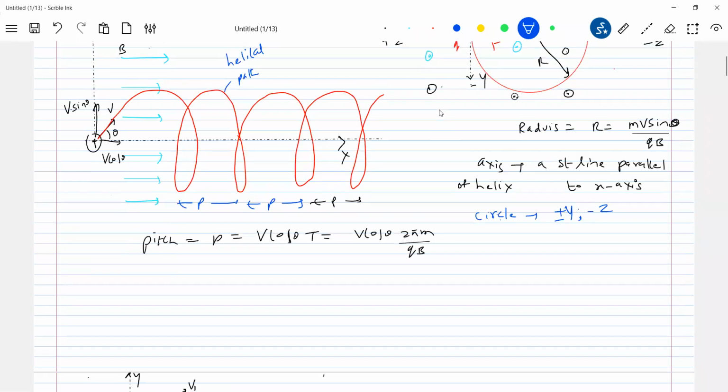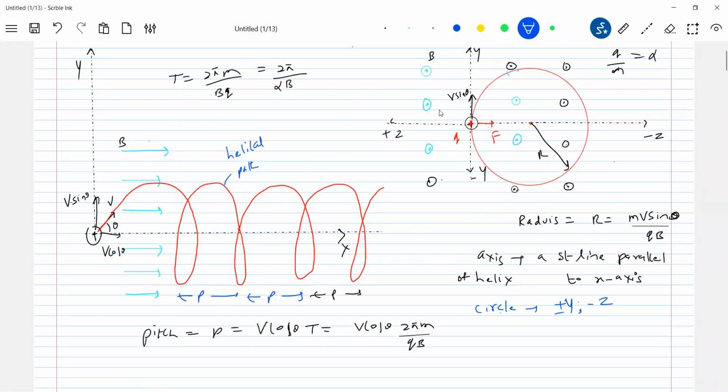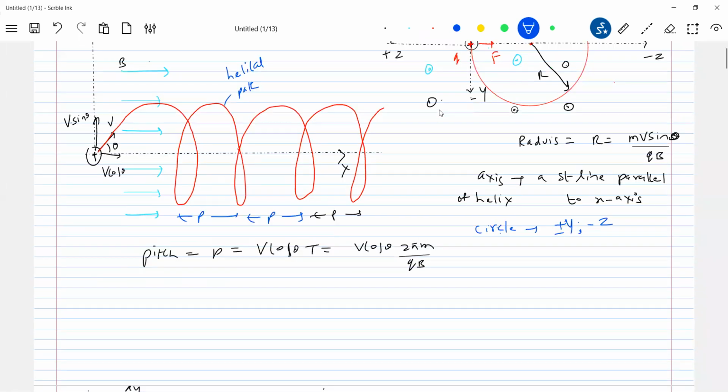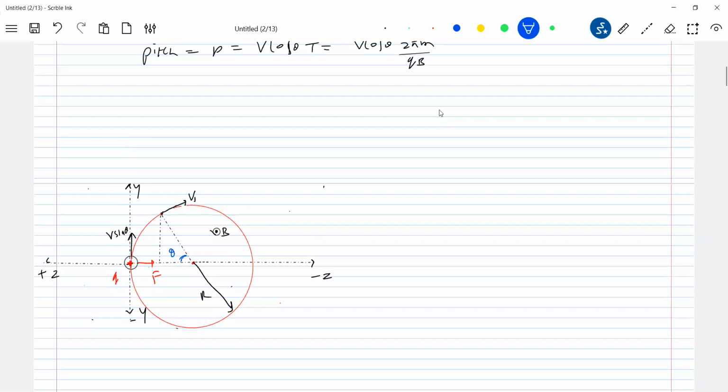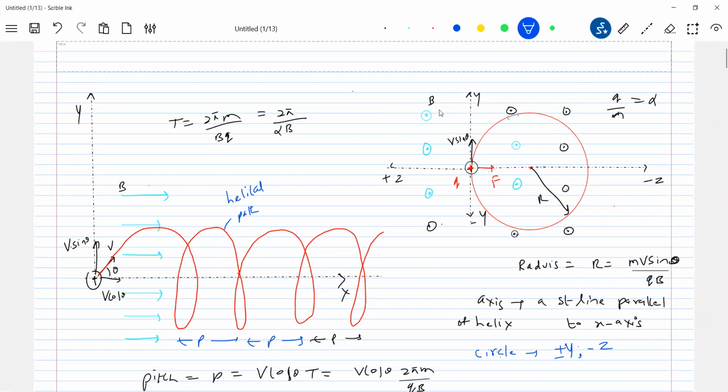No, the magnetic field should be out of the plane, no? B bar along positive x-axis. Sir, that means it should be into the plane only, no, sir? Oh, the cross symbol we should keep. Out of the plane. Where is the positive x-axis? Should be out of the plane. Okay, sir. Okay.